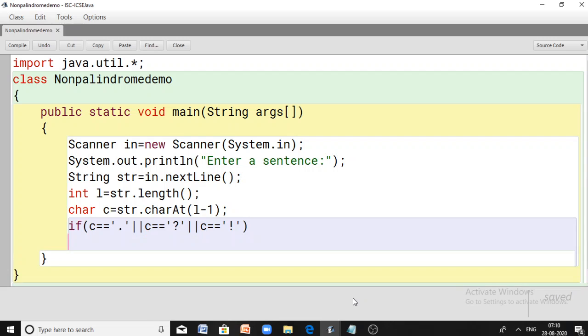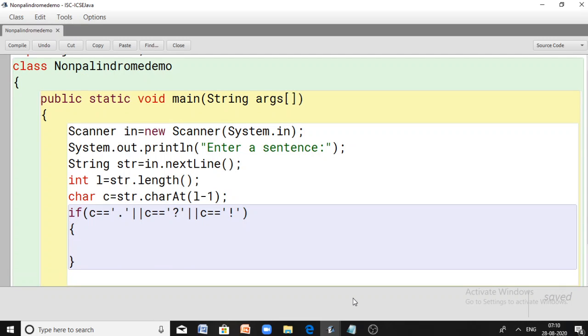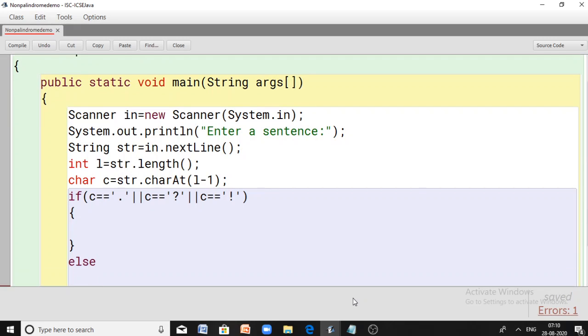Right? This is what I want to check. If the given string is ending with any of those three characters, fine. Suppose it is not ending with any of these three characters, just declare that the string is invalid. So System.out.println invalid string.